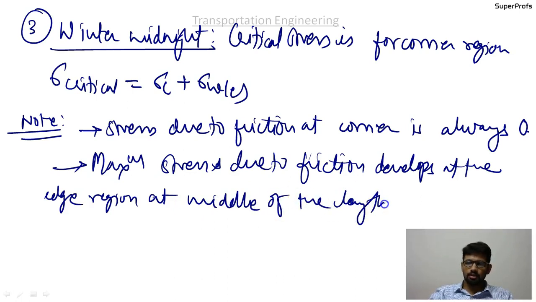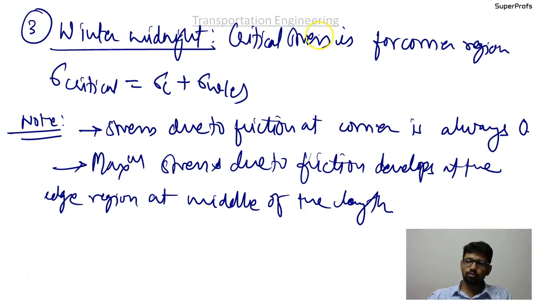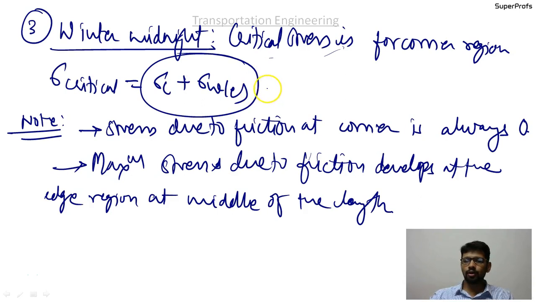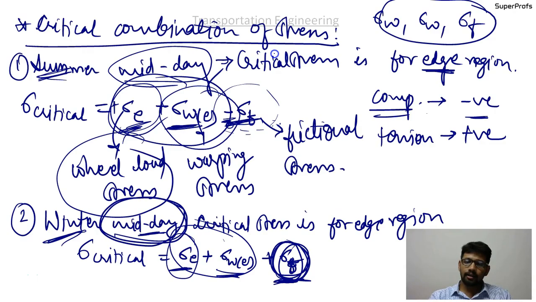There are only 3 cases. If you look at these formulas, the first and second terms in all of them are going to remain positive, so we don't have to worry about them. Whenever you are considering the corner, there will be no third term, that is, the frictional stress will be 0 at the corners. In the other cases you have to consider the value of the frictional stress based on whether it is compressive or tensile.